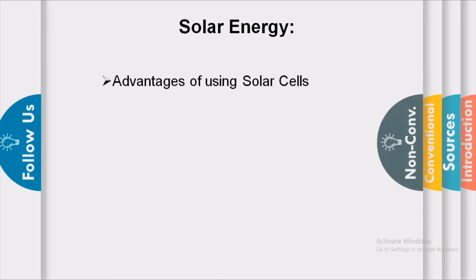Now there are some disadvantages of using solar cells. The first disadvantage is that the availability of special grade silicon which is used for making solar cells is limited. Another is that manufacturing solar cells is expensive. Silver is used for joining the cells in the panel, which makes the panel more expensive. So this care we have to take.